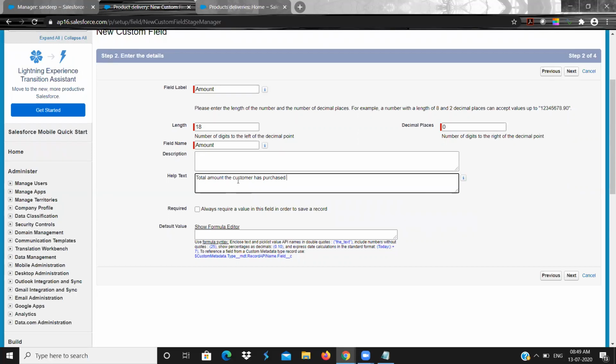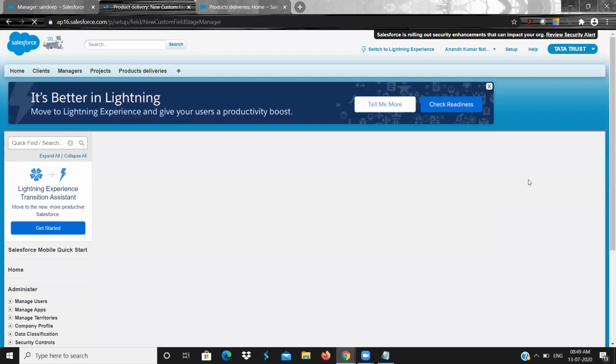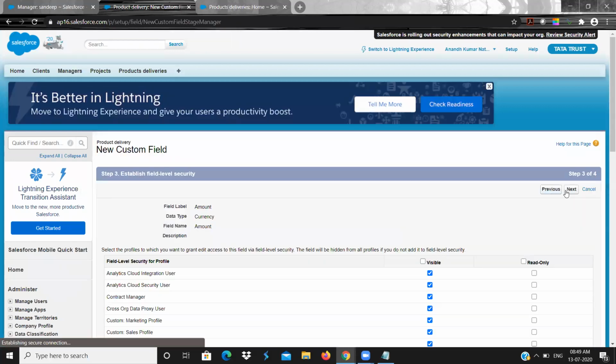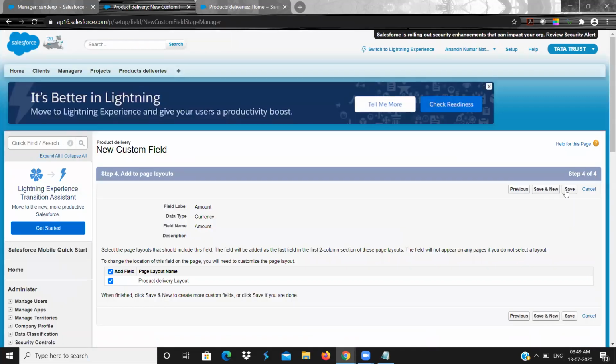So I'm giving some description. I'm saving some text in the help text. We'll see how it looks in the UI. Okay. So next, new, next, save. So I have added a few fields.